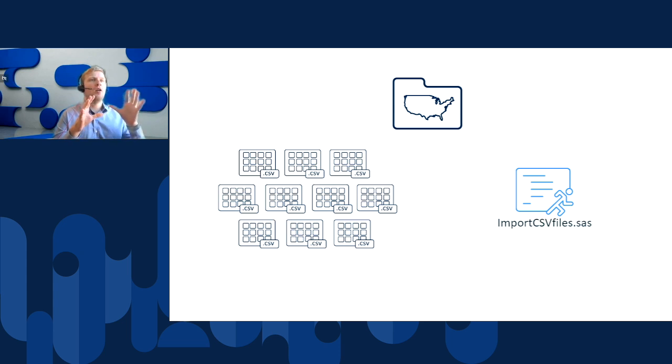Now, these data sets are not being created from scratch by SAS. They're being created from the U.S. Census Bureau TigerLine shapefiles. So if there is a specific region that you're interested in doing geocoding in, you can go to the Census Bureau, download those particular shapefiles, and then we provide some additional macro programs that will convert the TigerLine shapefiles to appropriately formatted lookup tables if you're interested in doing that as well.